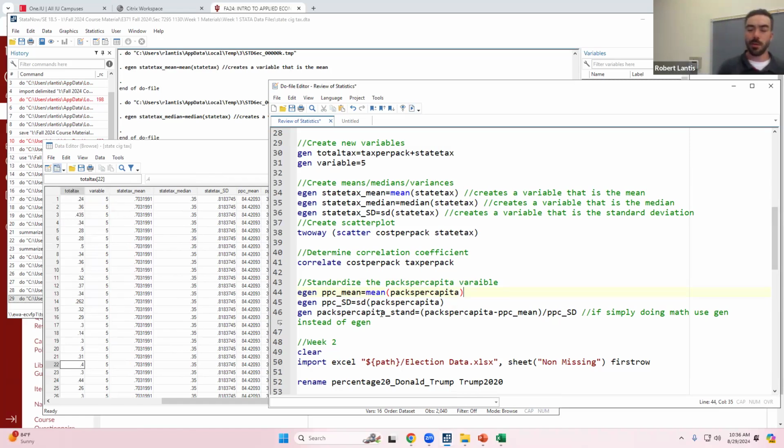Have you ever heard, or did you talk about in 370, standardizing variables? You probably did, but they might not use that terminology. When you subtract the mean from something and then divide it by the standard deviation, what did that give you? You had a normal distribution, and you subtract the mean, divide by the standard deviation. That gave you a standard normal distribution.